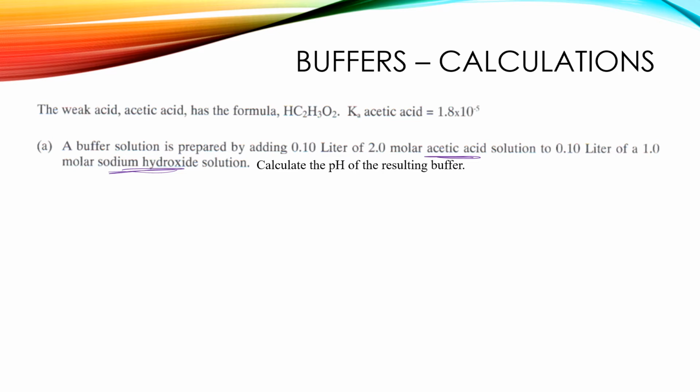So in a problem like this, the first thing I need to do is find the moles of each, because I'm adding two things together, so my volume is going to change. So for acetic acid,